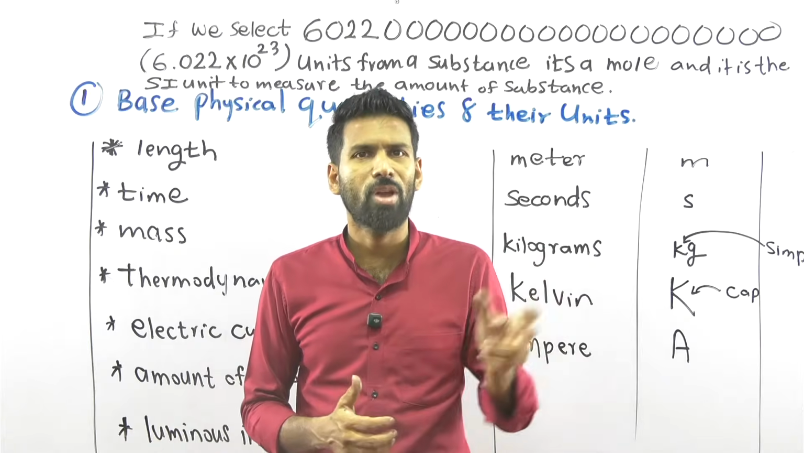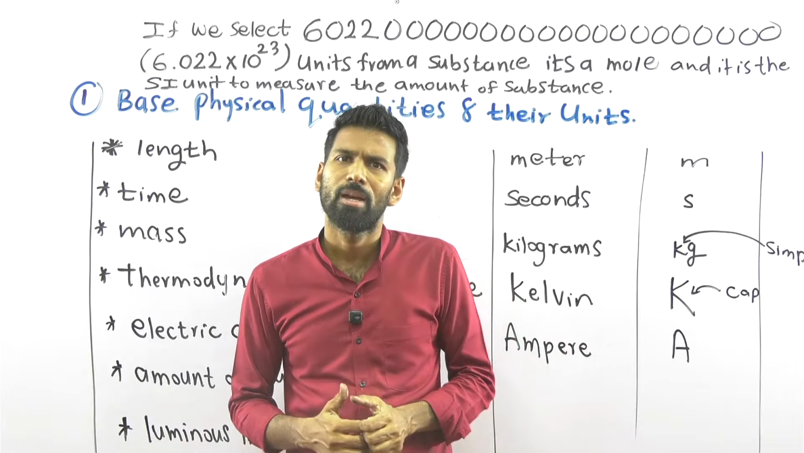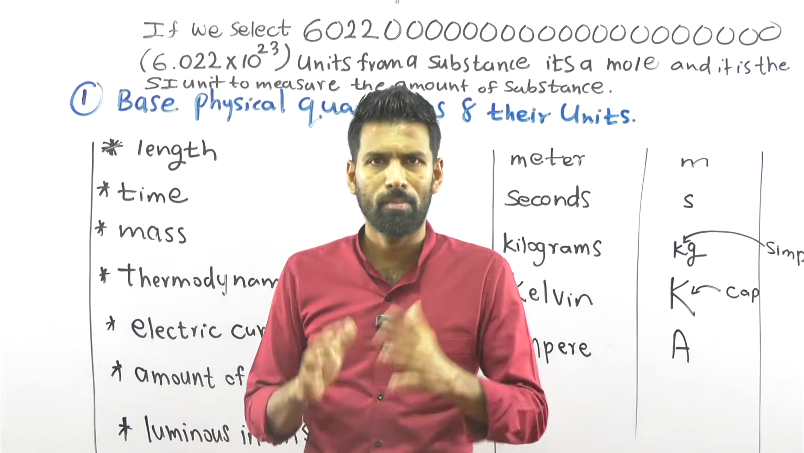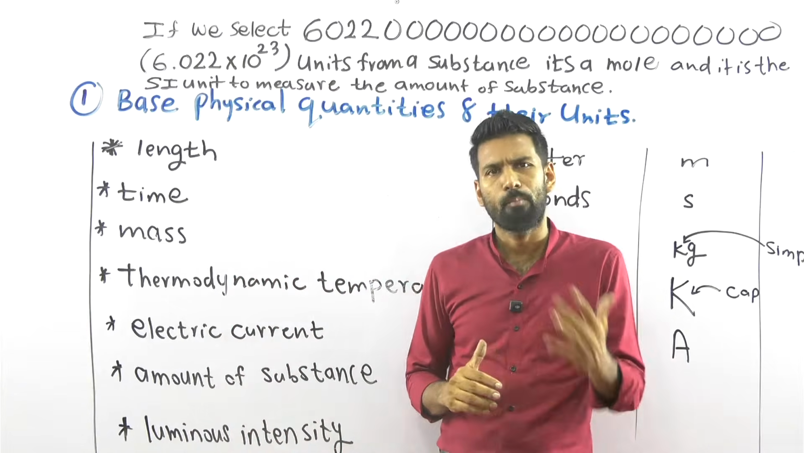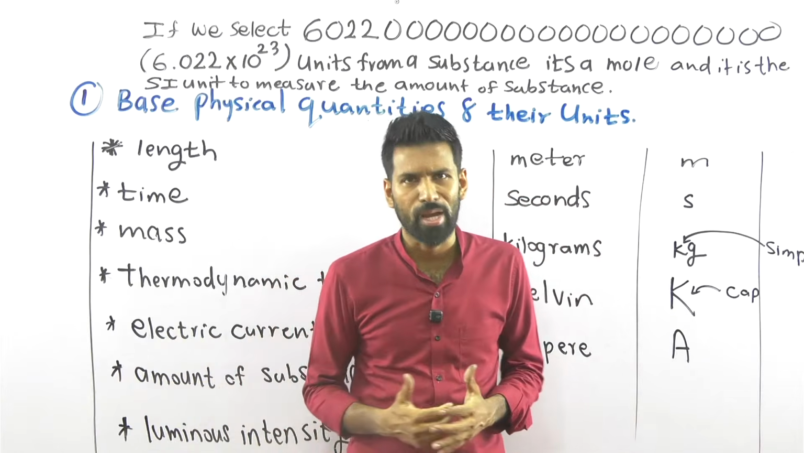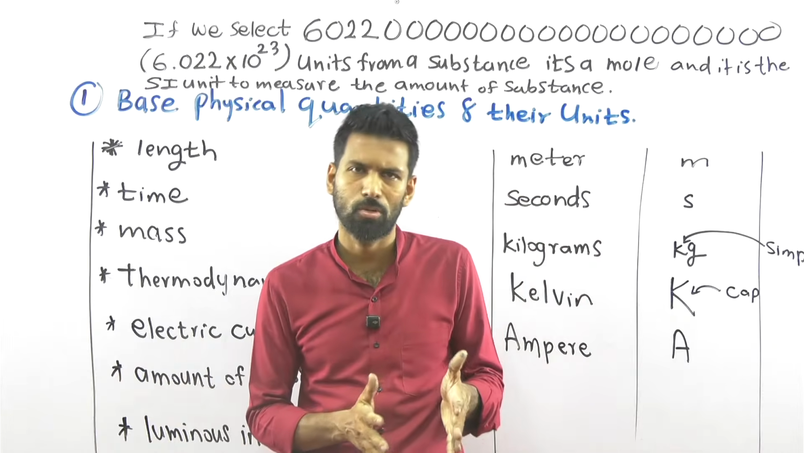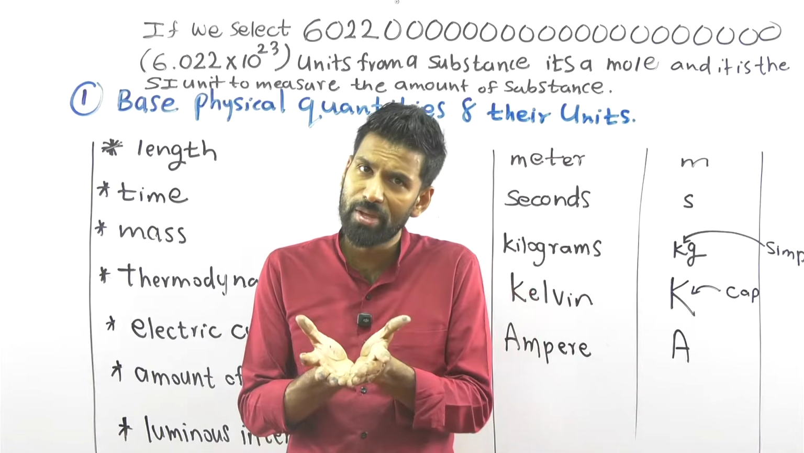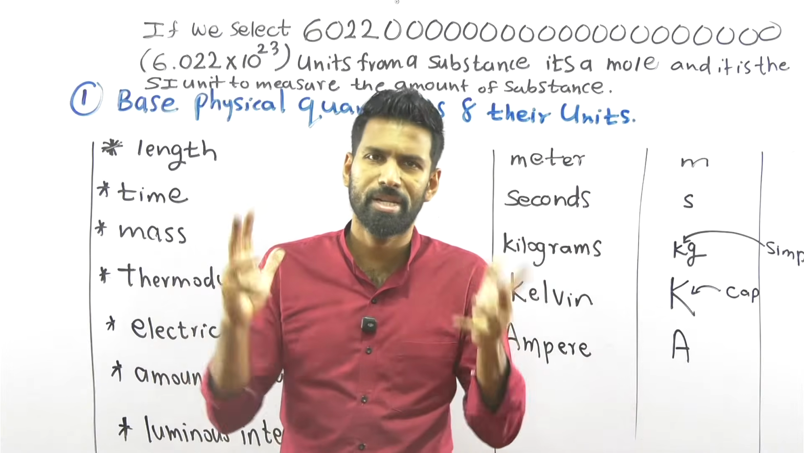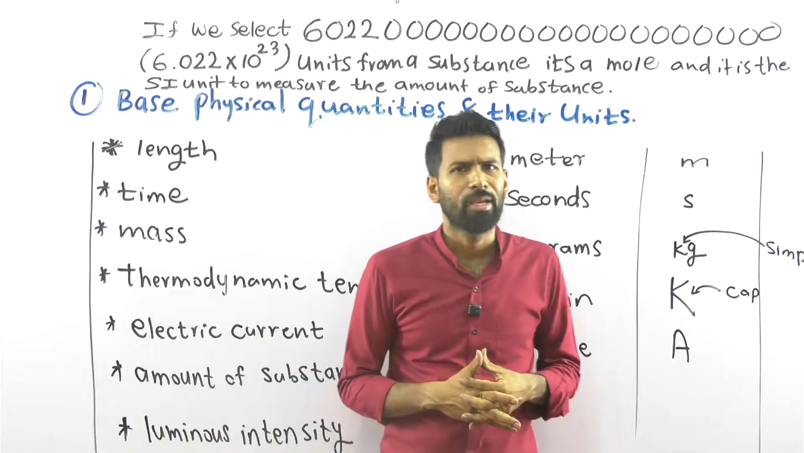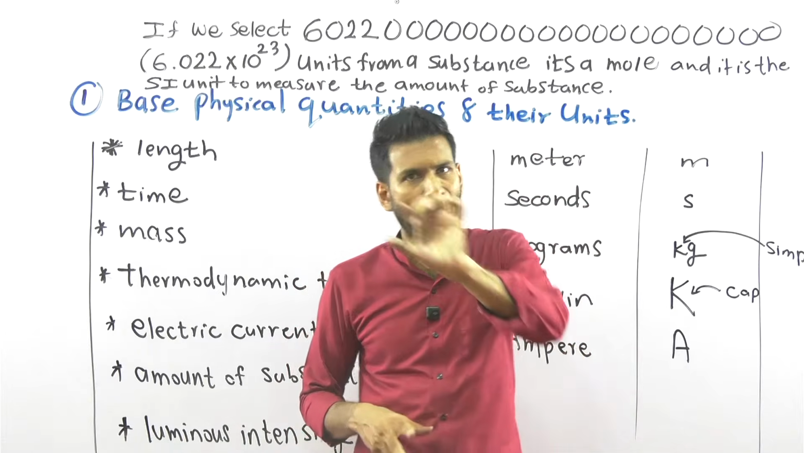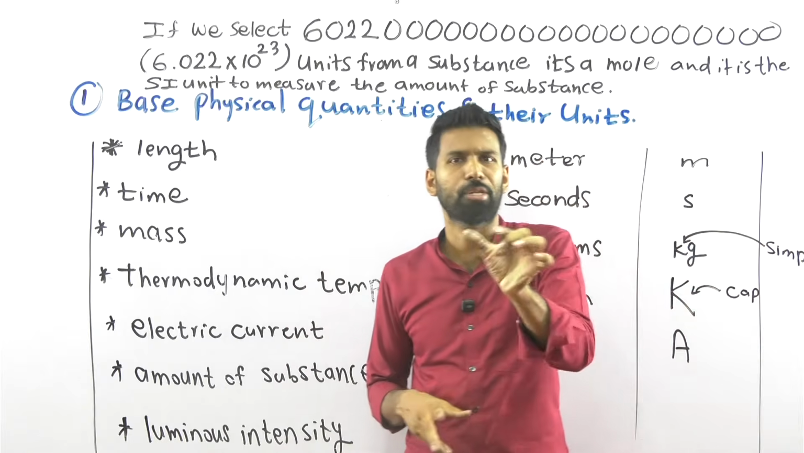Now, say you have 2 balls. You can say a pair of balls. The amount 2 can be known as a pair. Say you have 12 plates. It's known as a dozen of plates. So whatever the substance, plates or balls, if the number of units is 12, it's said to be a dozen. Likewise, if you have 6.022 followed by 20 zeros,